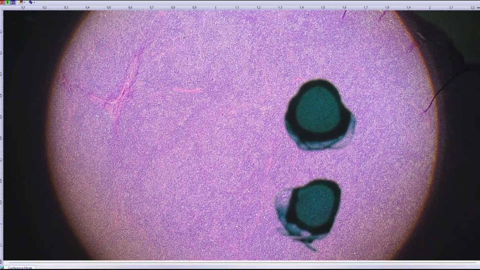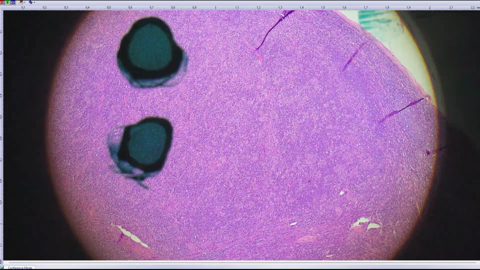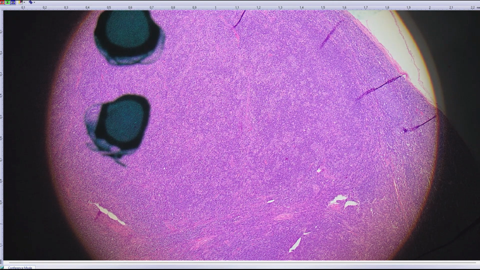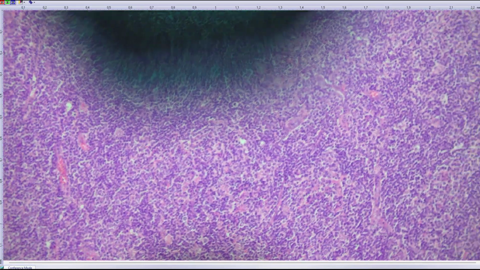And maybe from this magnification, you can already tell what it is. We have a node-in-node architecture, meaning we have residual normal lymph node, and inside we have this lesion and this moth-eaten pattern. HIV? No. He's negative for HIV. It's actually a lymphoma. When we look closer at the cells, you can start to see some atypia. See these